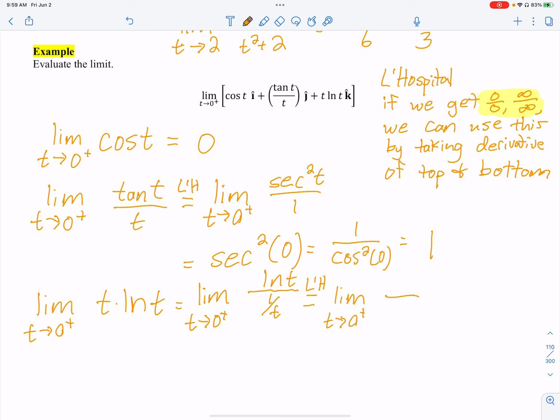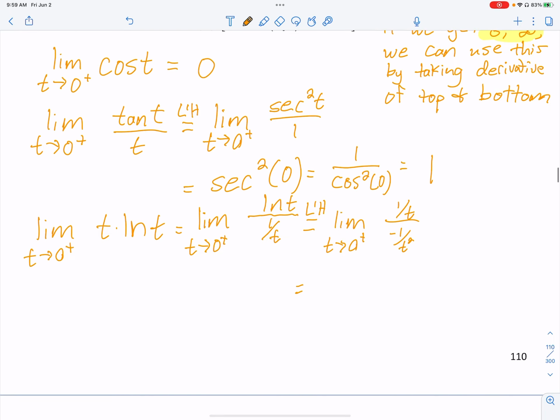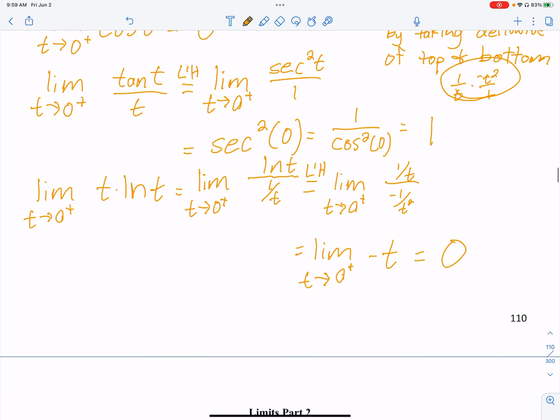So the derivative of ln is 1 over t, and then the derivative of 1 over t is negative 1 over t squared. If I flip that over, that is just algebra, 1 over t times t squared over 1 with a negative. We get negative t, so I'm going to rewrite my limit real quick. Limit as t approaches 0. And then it just ends up with a negative t, which means I can plug a 0 in. So this limit,